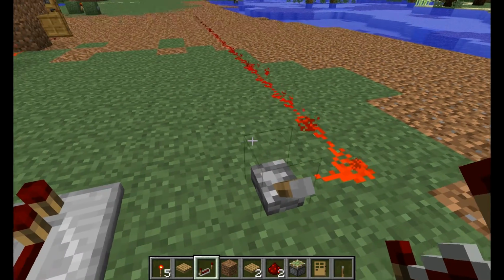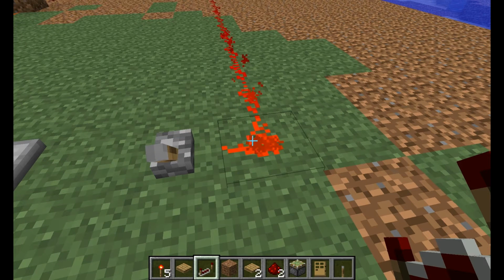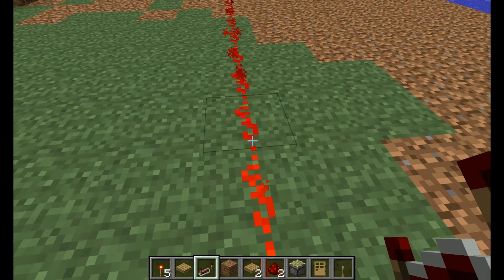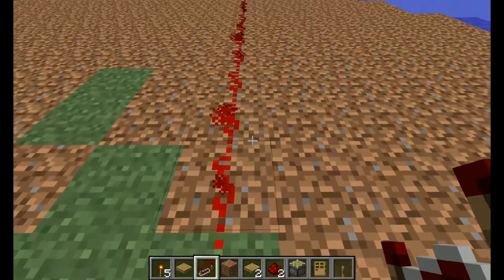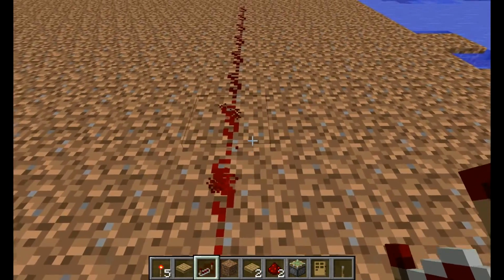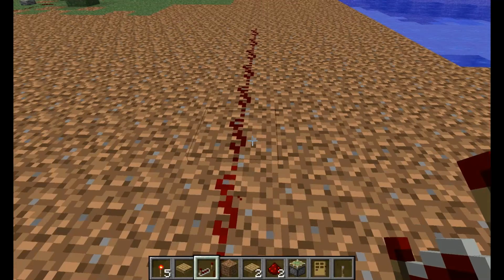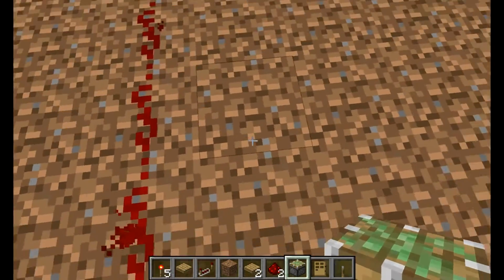Like I was saying in the last video, when you turn on a circuit, a switch, it powers whatever it's touching, and the line starts to glow red and sparkle. Now, the further away you get from that switch, the deeper red it goes, and at some point right here it stops sparkling. So that means if I put a